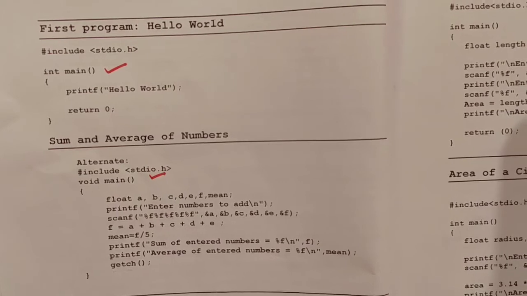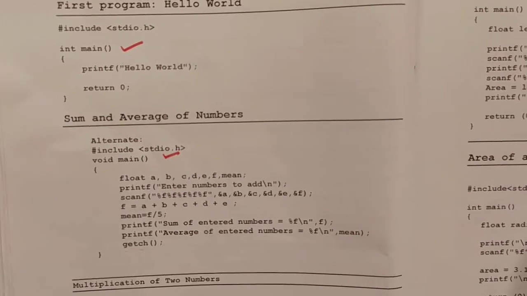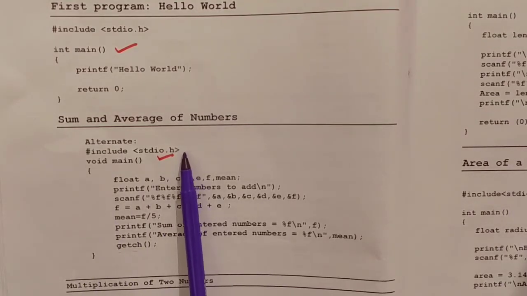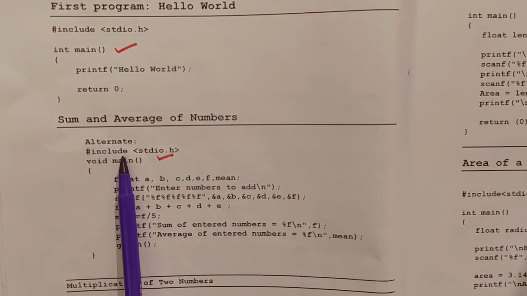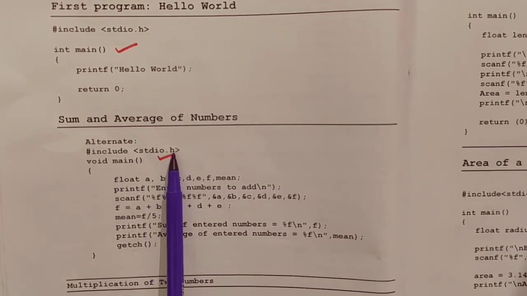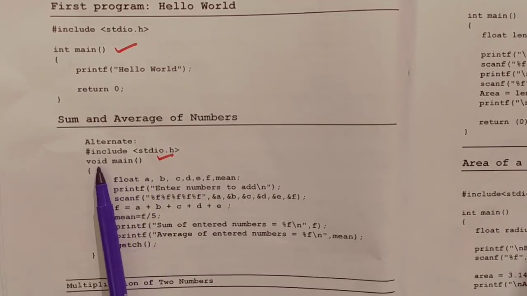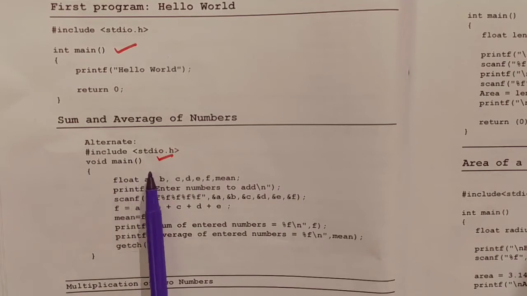Now we are coming to the third part of the C program structure. You can see the first line we have understood. This is the header file, and this will include the library. Different header files we have seen, and their meaning also. After that, the second line also we have seen, the variety of main function. Main function will be used, and you choose which type of main function you are using here.